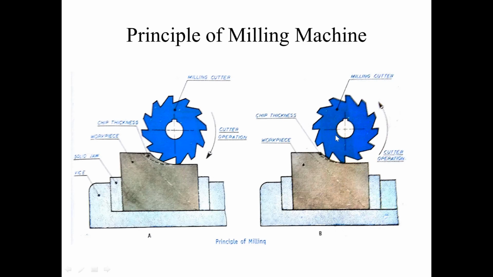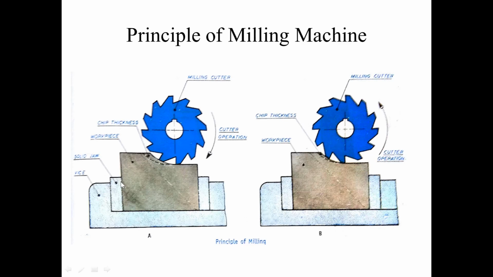In the down milling operation, we cut the workpiece from the top end, and again the chips are taken below the cutter. This type of cutting operation we call down milling. Very simple. First I am going to explain the parts. As I have said, milling has a fixed tool and a moving workpiece. Here the workpiece should be rigidly fixed in a vice. We call it a machine vice, which is fixed on the work table.